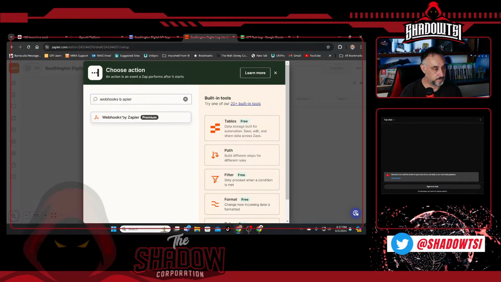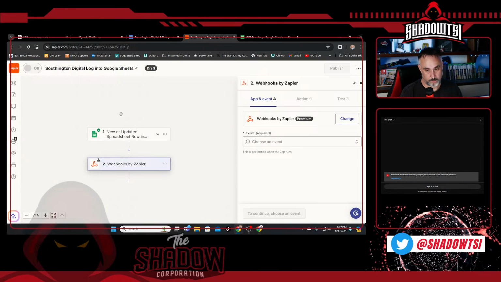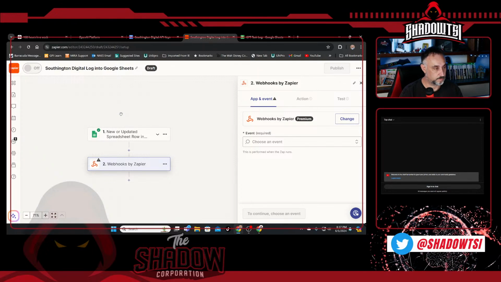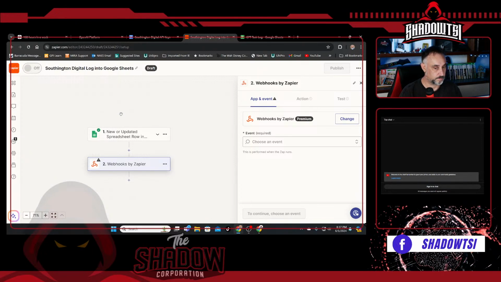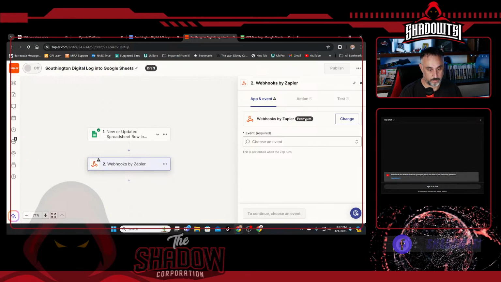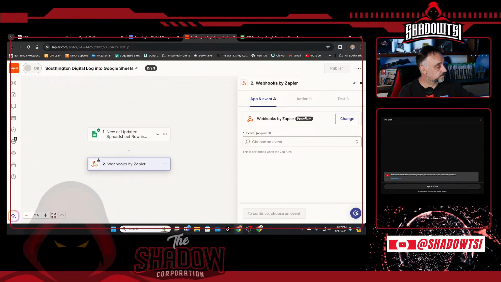4. Set up action method. Select Post. URL. Enter the endpoint URL for your GPT model. If you're using OpenAI, it might be something like the api.openai.com v1 completions endpoint. Headers. Add a header with key authorization. Value, your OpenAI